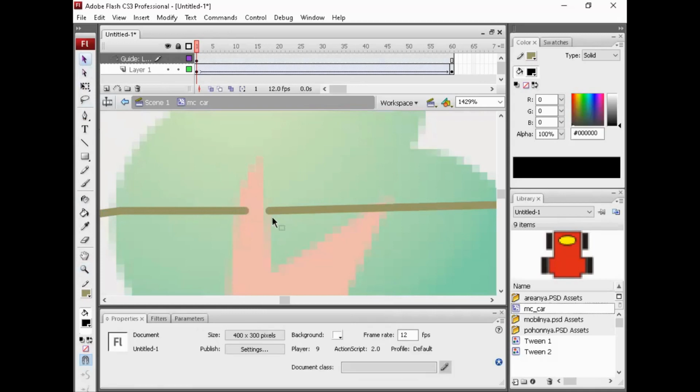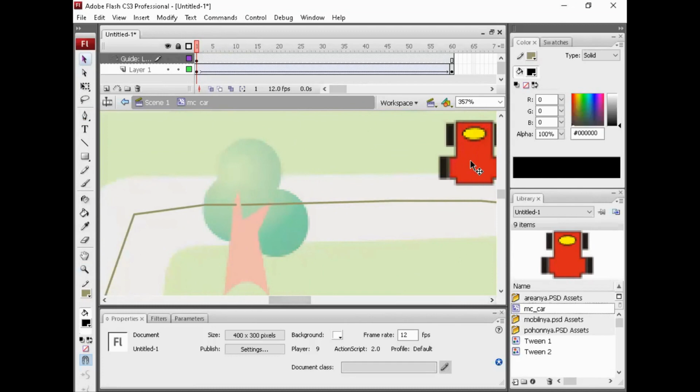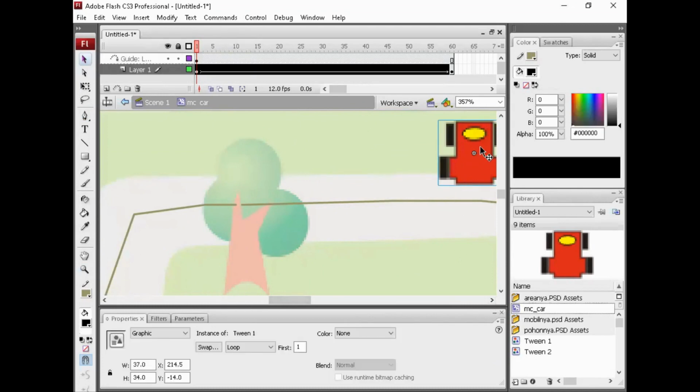Delete. Here is the start of the guideline, and this is the end of the guideline. Okay, Ctrl minus. I want to find the start of the car here. Okay, click, hold, and move here. Start of the guideline.